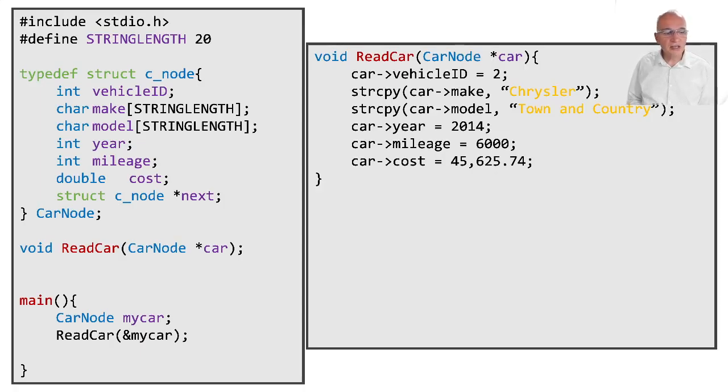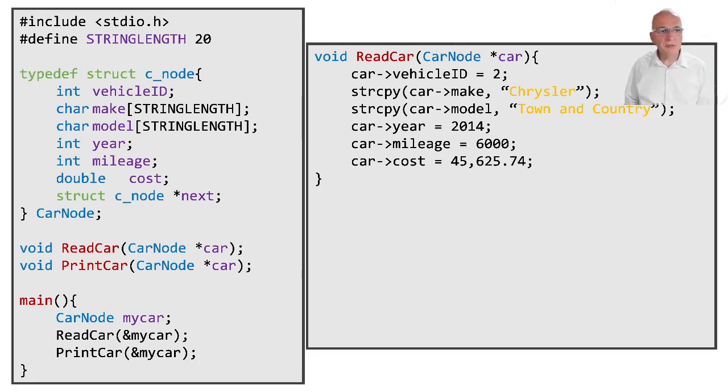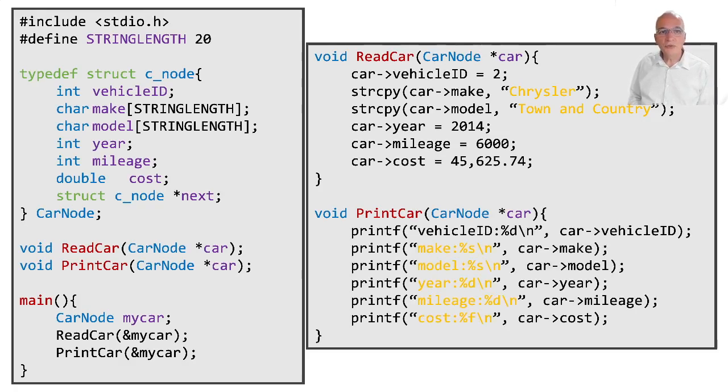So here's the code now that I'm passing my car by reference to print car. One of the things that changed is that now when I declare print car, I declare it to receive a pointer to a car, not to receive a car itself. So here is my invocation of print car now, and notice that I'm passing the address of my car instead of passing my car itself. The print car function will change because now it's receiving a pointer to a car, and now the access to each one of the fields in print car also uses the arrow operator instead of the dot operator that